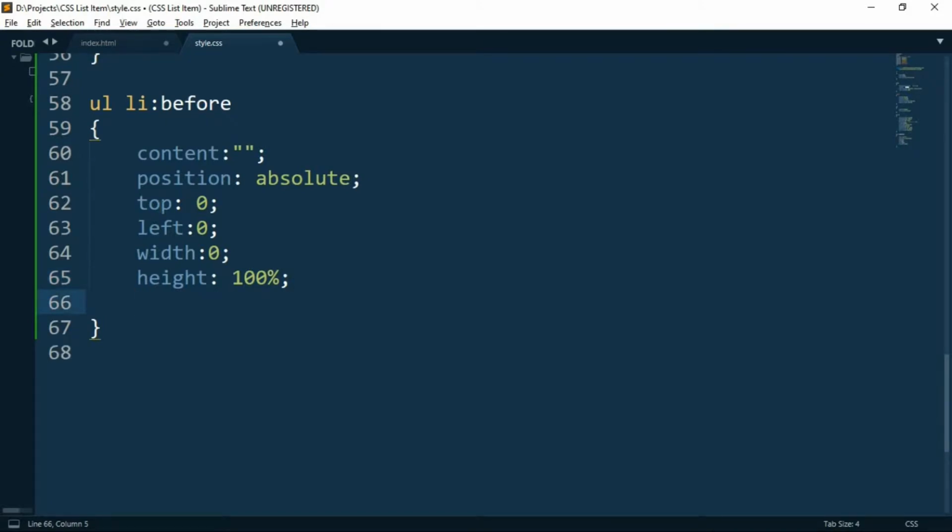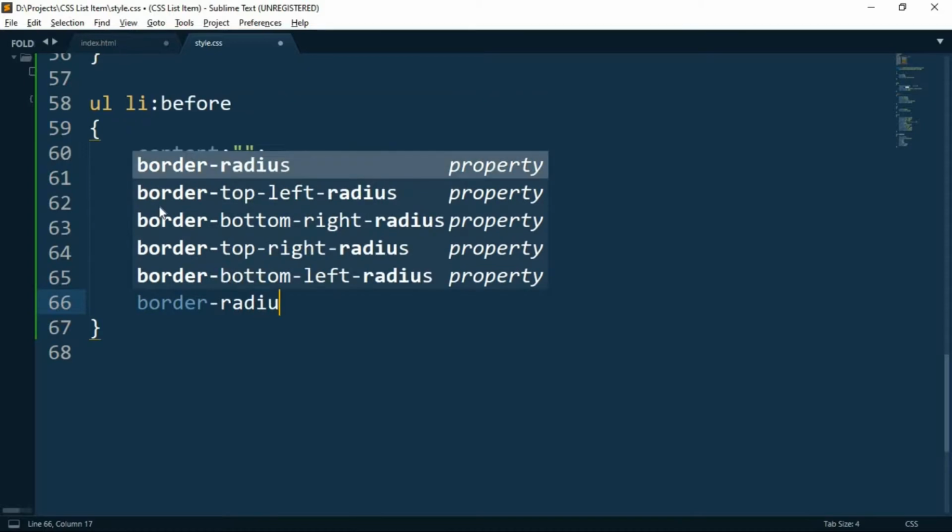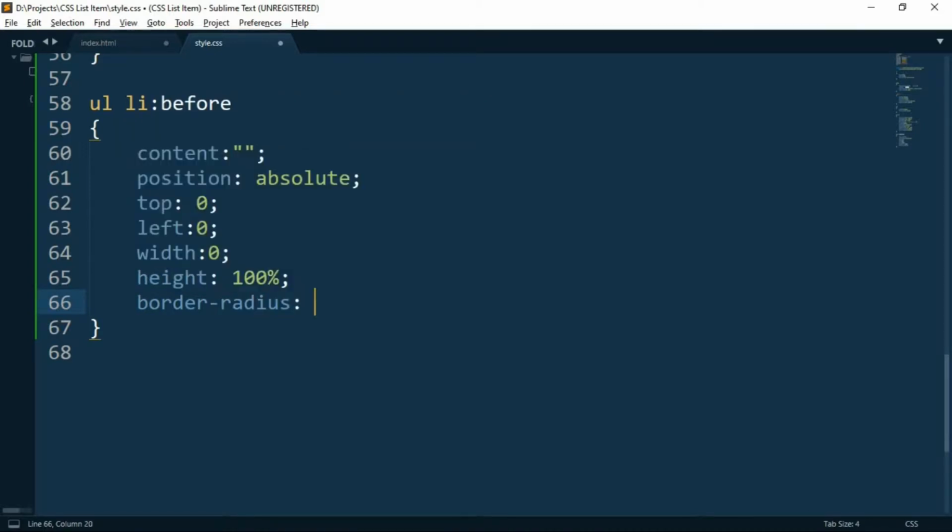Okay, so the next thing we want from it is the border radius. We want that it looks exactly the same, so the border radius should be 30 pixel.